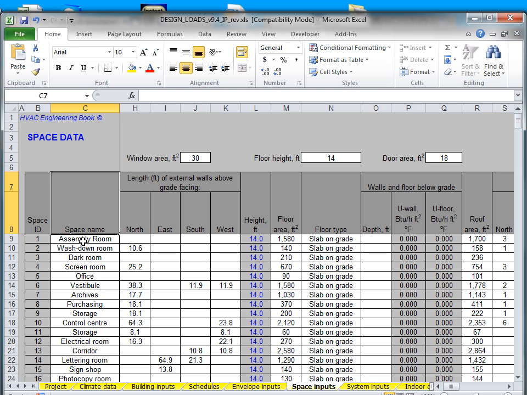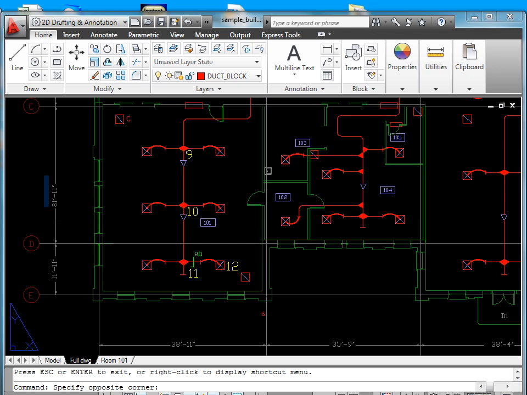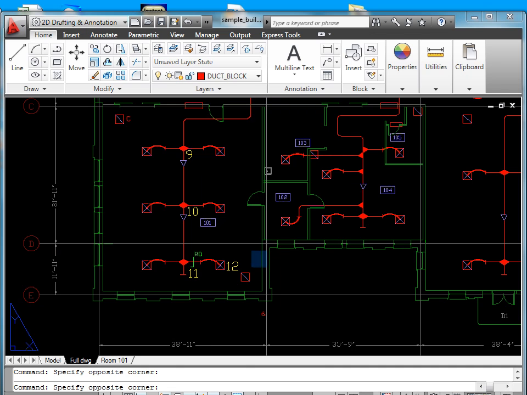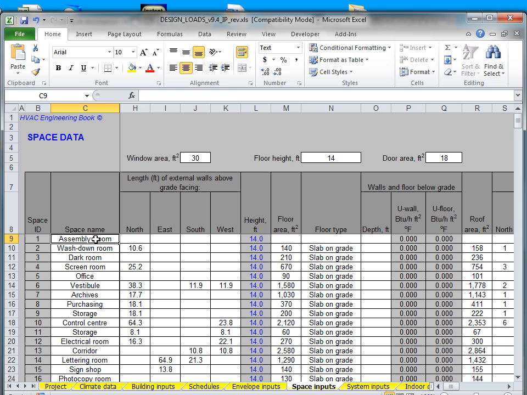The tab Space Input allows you to specify space-related information. Let us consider assembling room inputs. This room has a 44 feet long north wall, 39 feet east wall, and 11 feet south wall. Let us enter the information gathered from the sample building drawings: 44 feet for north wall, 39 feet for east wall, 11 feet for south wall,